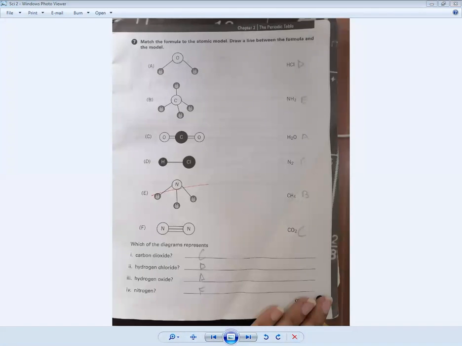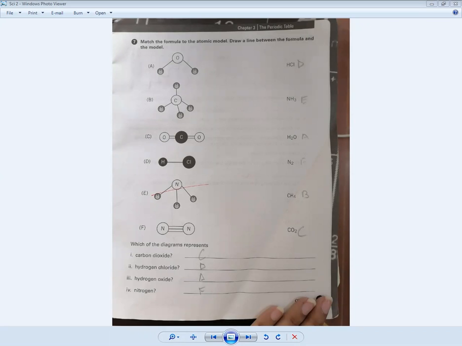F part is showing two atoms of nitrogen. You can see there is one atom of nitrogen and there is another atom of nitrogen. But the difference is that in the figure we can see there are three lines. Okay, I want to tell you that one line shows single bonding. It means both elements are sharing one electron. If there are two lines, they are showing that these two elements are sharing two electrons. But in this figure, they have drawn three lines. This is wrong. Actually, the answer is that there should be only two lines. Okay, so cut one line.